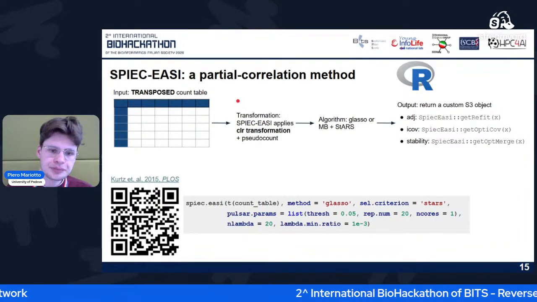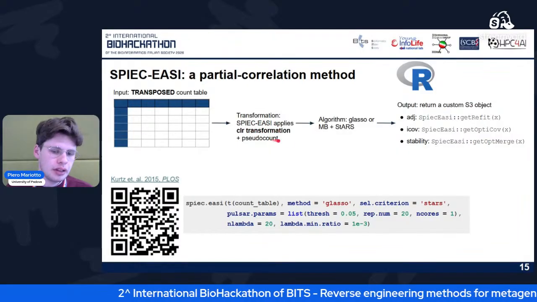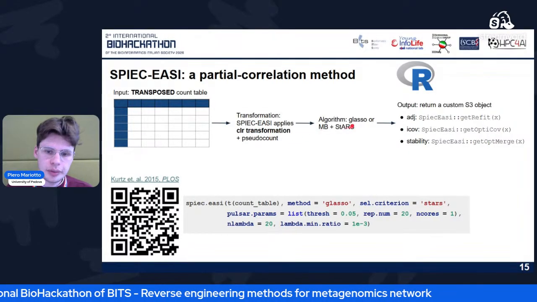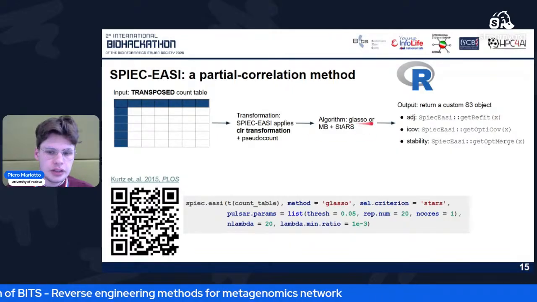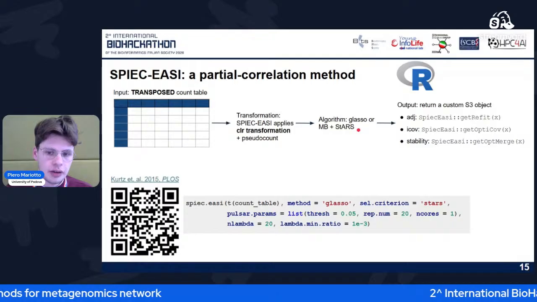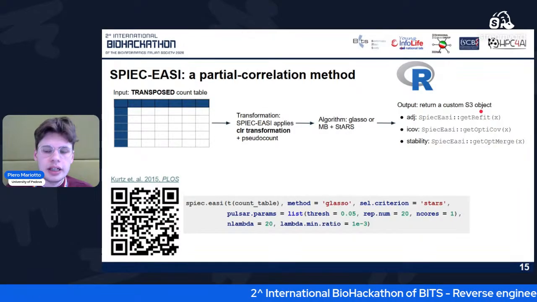Then SPIEC-EASI applies a CLR transformation with the addition of a pseudo count to avoid the problem with the geometric mean. Then it applies the GLasso or MB algorithm plus the StARS algorithm to estimate the precision matrix, and it outputs